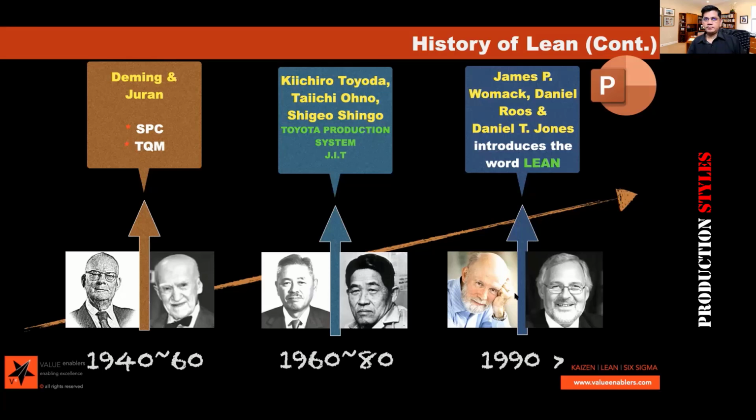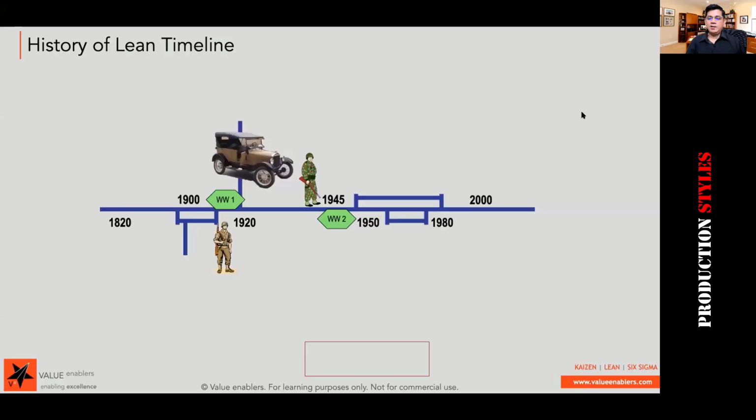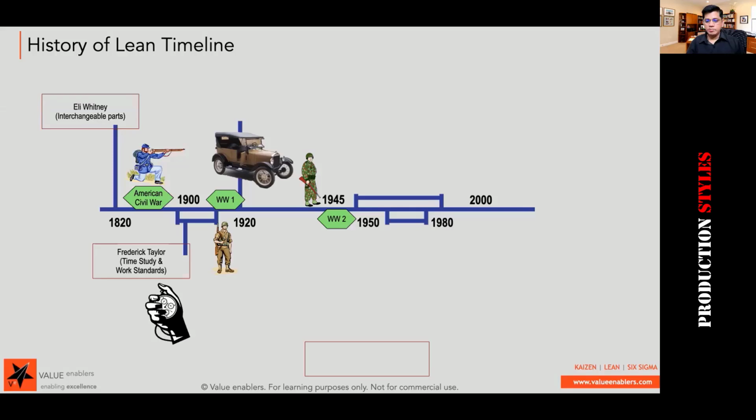And today, the Lean Enterprise Institute, as we know today, is one of the largest lean organizations in the world. Okay. So salutations to this legend, James P. Womack. And okay, with timeline, if I have to show this, so Eli Whitney, interchangeable parts, and then Frederick Taylor. At one shot, if you want to see,